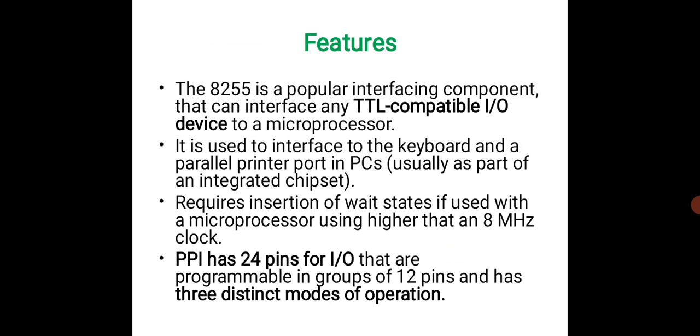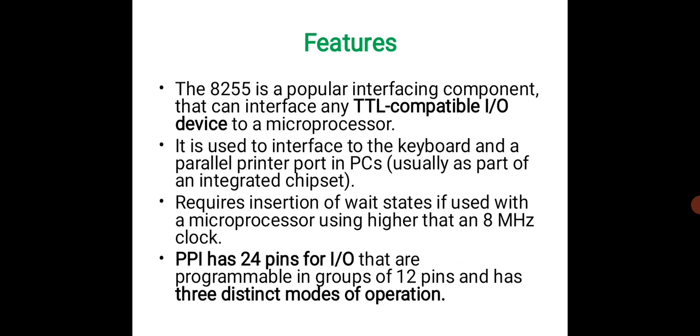So coming to the features, 8255 is a popular interfacing component where we can interface any TTL compatible IO device to a microprocessor. It is used to interface the keyboard and a parallel printer port in PCs. Usually, it is a part of an integrated chipset. It requires insertion of wait states if used with a microprocessor using a clock higher than 8 MHz. The programmable peripheral interface has 24 IO pins that are programmable in groups of 12 pins and has 3 distinct